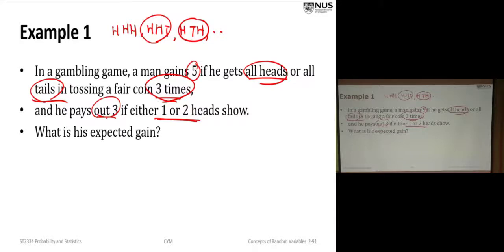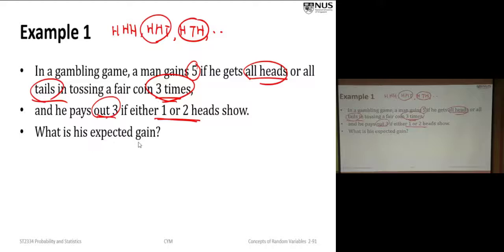You forgot one important thing. The sample points or the outcomes, are they equally likely? If you have 3 heads, 2 heads, 1 head, 0 head, they are not equally likely. But if I write it as HHH, HHT, head, tail, head, all these are equally likely. So altogether, there are 8 equally likely outcomes for this experiment of tossing 3 coins. All right, so from there, we can work out the probability.